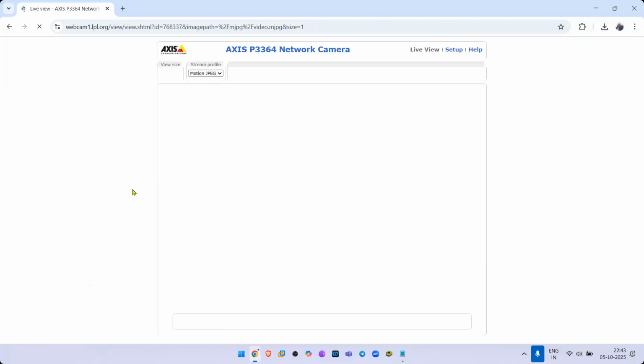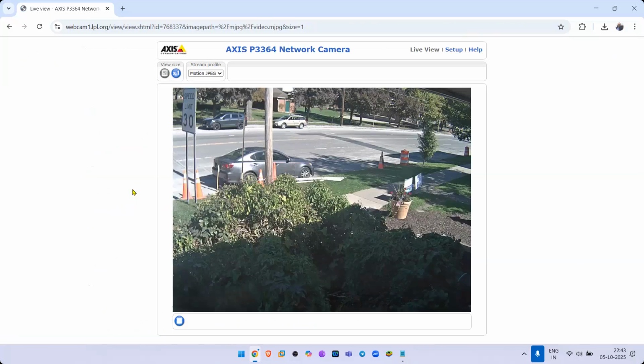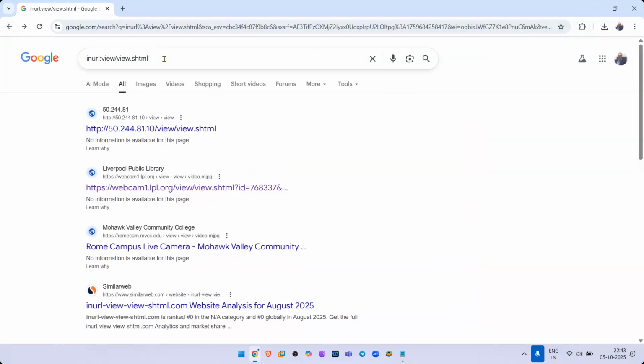Okay, there's a network camera, and I think it's going to show me these details. Yes, that's the public library. Oh, it's an external camera. I'm sharing these commands with you in the chat box, guys.